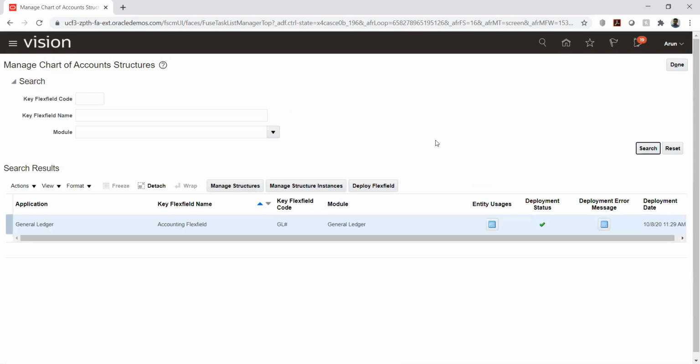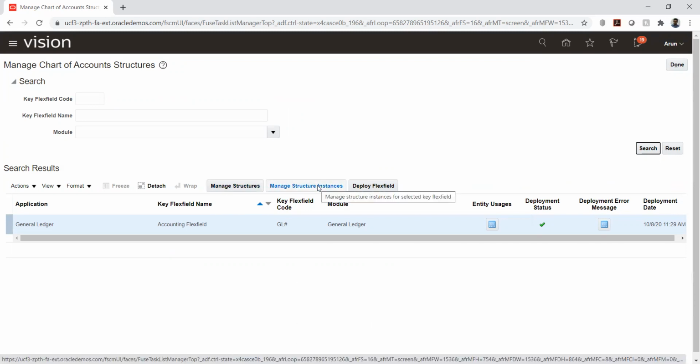If you see in EBS, we have only the key flex field structure. We don't have something called the instance. What is the difference between both is that it will look similar, but the advantage of having an instance is that in a managed structure, maybe I can have 10 segments. Under the 10 segments, I will not be using all 10 segments in the instance. I will use only 5 segments so that I can utilize the same structure for different structure instances. So basically, we will attach the instance to the ledger, but not the structure like in EBS. So this is one difference that we have in Fusion.